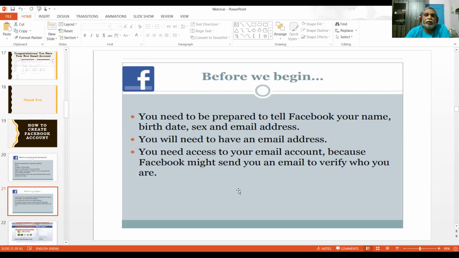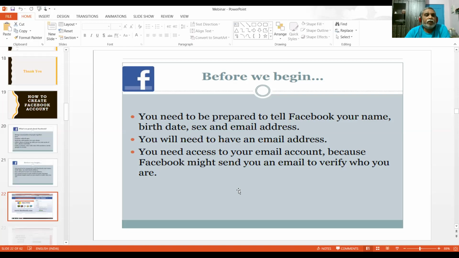Before that, I will tell you: you need access to your email account, because Facebook might send you an email to verify who you are. Your email account will be used for verification by the Facebook site.